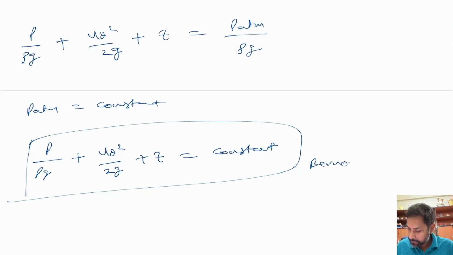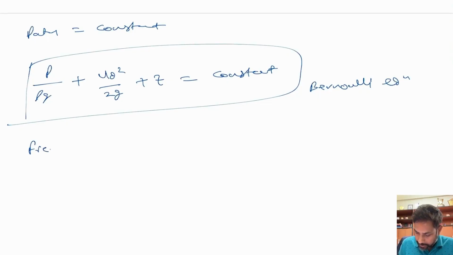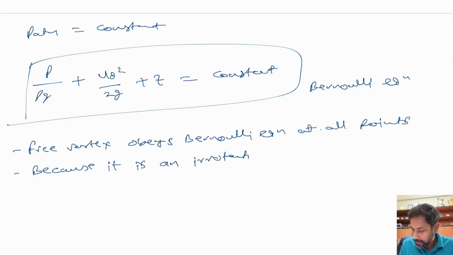This is the Bernoulli equation, where your pressure term, velocity term and the elevation term are constant when added together, right? This means that free vortex obeys Bernoulli equation at all points, right? And why is that? Because it is an irrotational